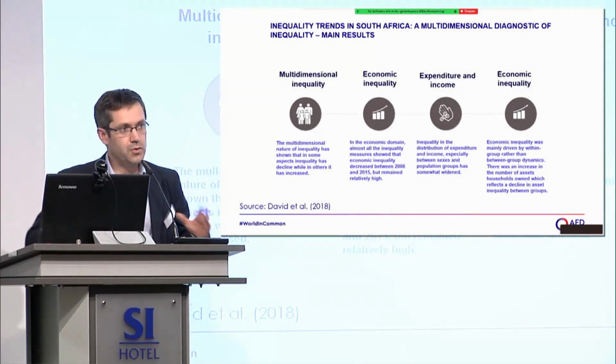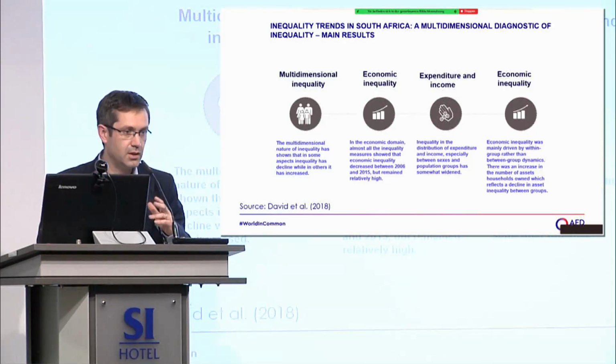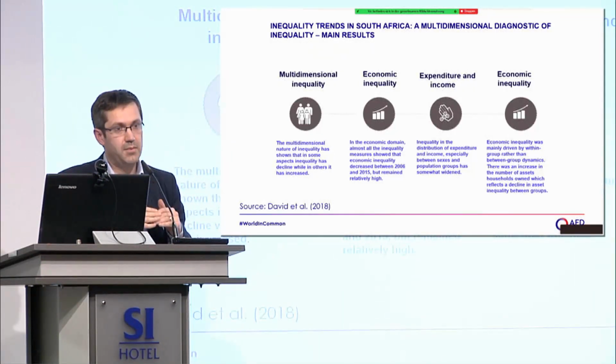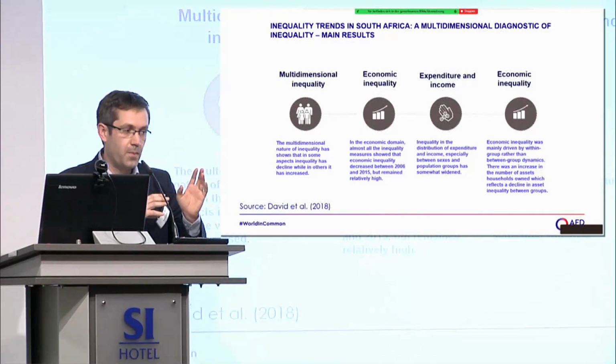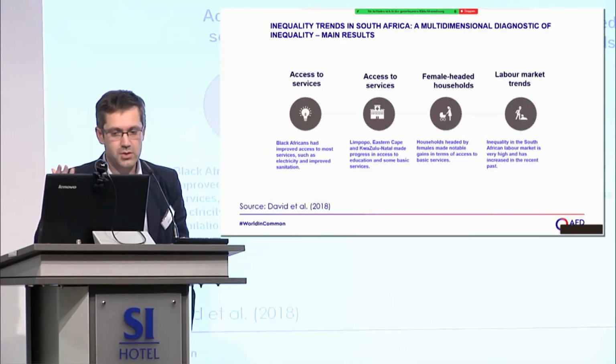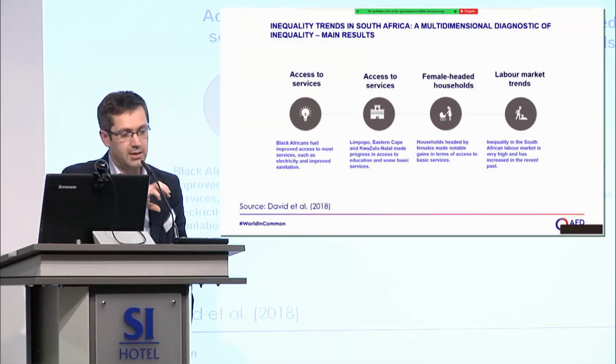And first, the approach really looks at multidimensional inequality. When we talk about inequality, we tend to have income inequality or wealth inequality and some synthetic indicators such as the Gini. Here, the work is really trying to understand how the dimensions of inequality are touching different groups of people, different locations, and also different types of services or economic indicators, trying to see whether there is a different distribution of this inequality, but also whether there are differences in the way the dimensions of inequality touch these different groups of persons. So we can think about access to services, we can think about different groups such as female-headed households, labor market trends, and assessing these different